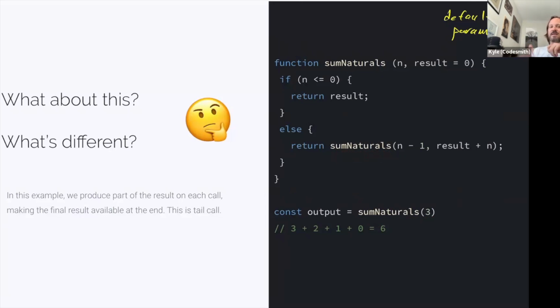Before, we were saying n plus sumNaturals of n minus 1. This time, there's no mathematical calculation here. We're just returning a whole new function invocation. But this time, when I invoke the recursive case, I'm actually passing in two values. I'm passing in n minus 1 in place of n, and I'm passing in result plus n in place of